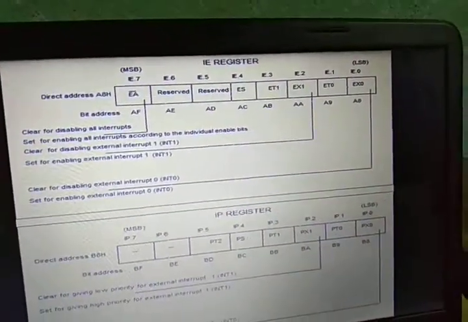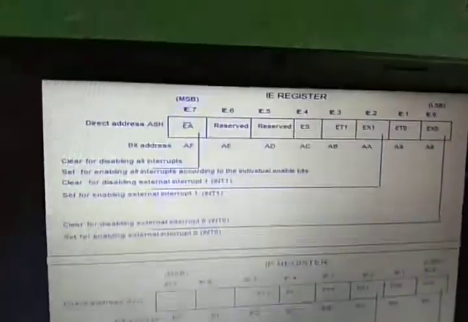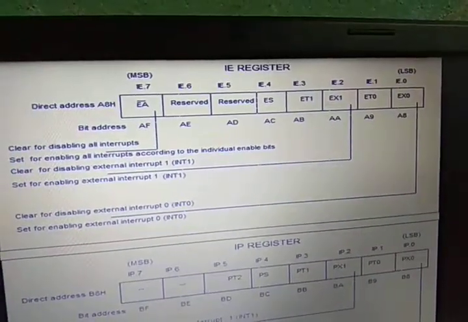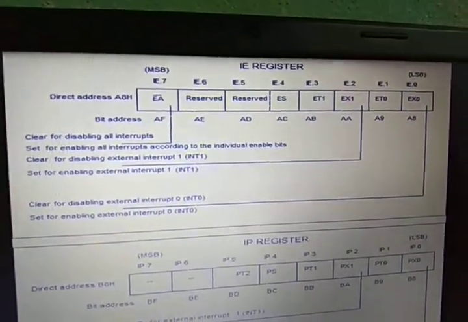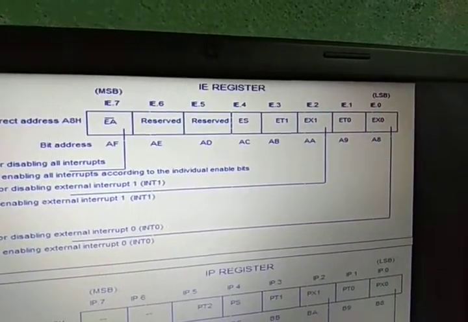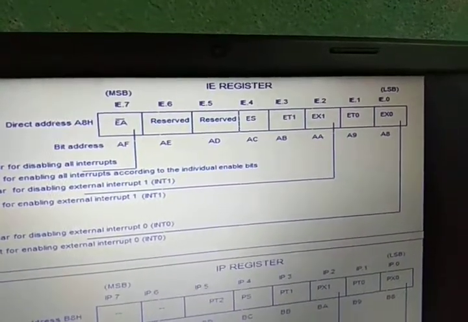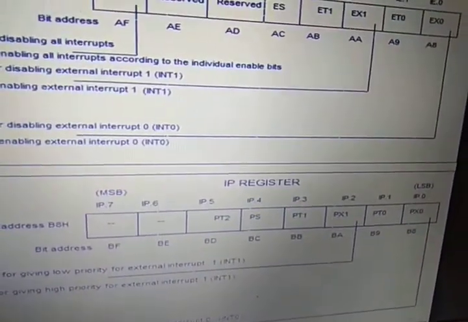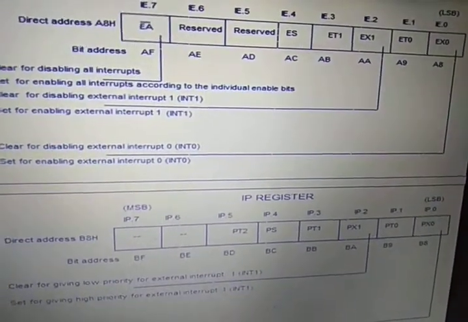So this is the format of the 2 registers, interrupt enable and interrupt priority. So interrupt enable is going to tell whether the interrupts are enabled or disabled. So here the first 5 flags tell about whether the 5 interrupts are enabled or disabled, and in order to allow or disallow all the interrupts, the most significant bit IE.7 is used, which is EA, enable all or disable all. And for interrupt priorities, we can set the priorities for these interrupts by using the 5 flags, and the remaining 2 are not used.